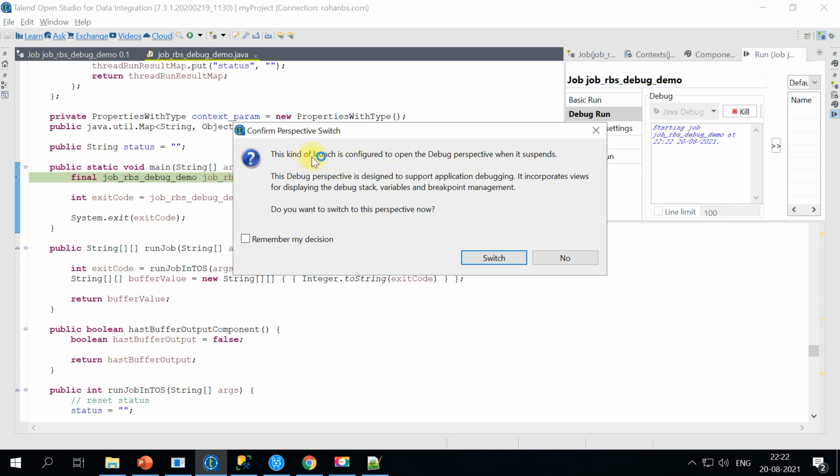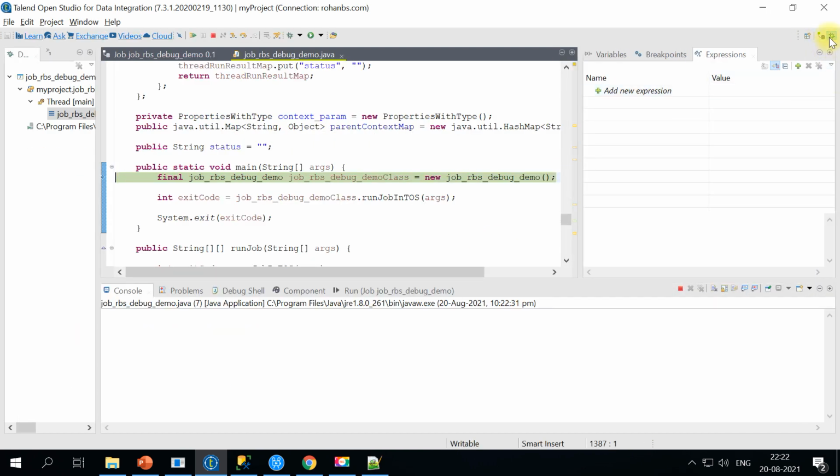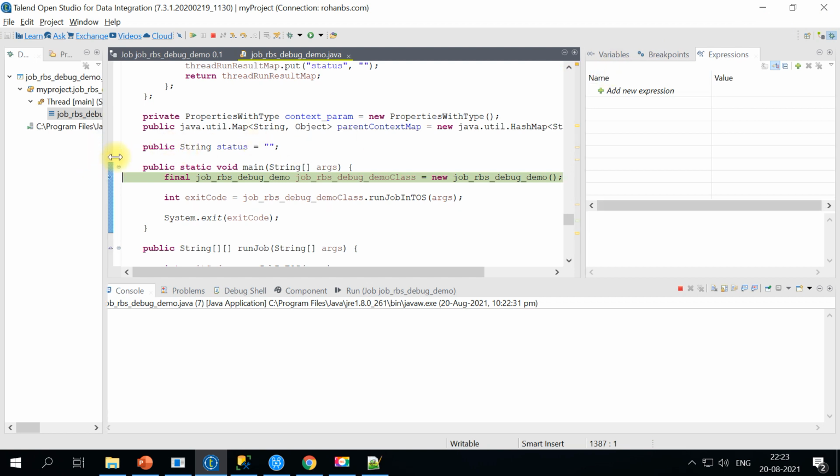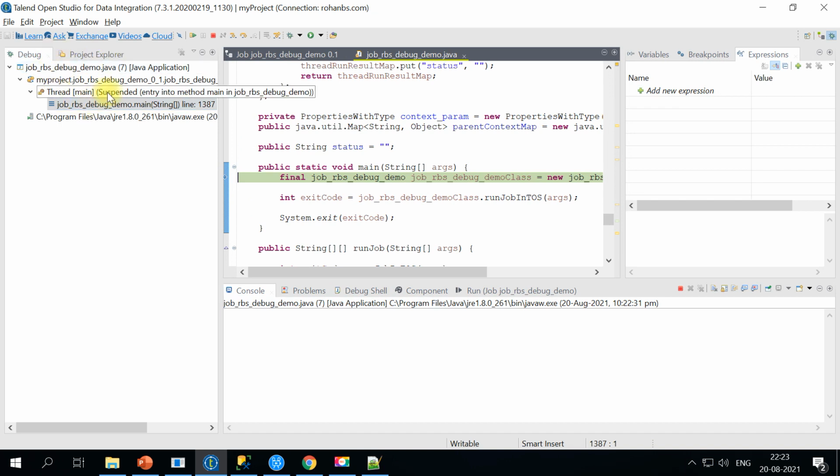It'll ask whether we can go ahead and launch the debug perspective. If you notice on the right hand side, this is the integration perspective. Right after we switch it, it goes into the debug perspective. Okay, so that is the first thing. On the left hand side, it will show you the debug perspective, right? This is the job, and it shows the Java compiler version. On the right hand side you will see all the variables.